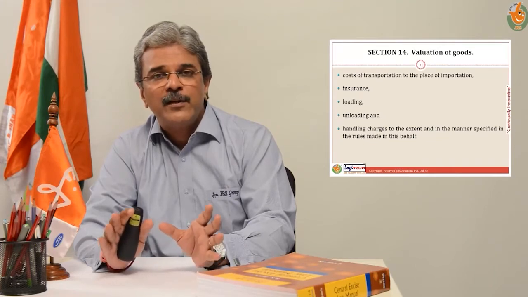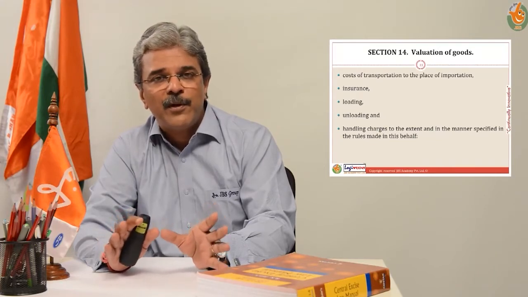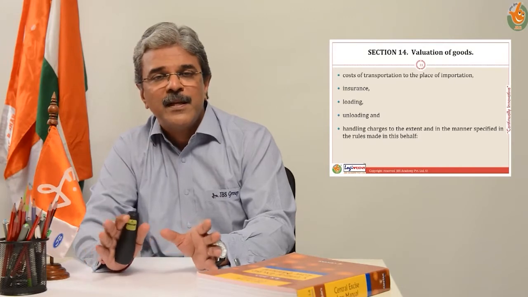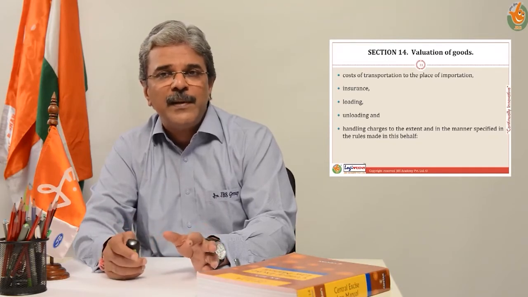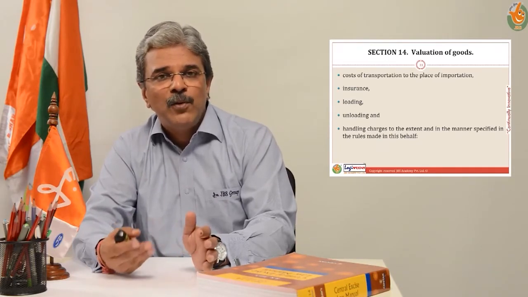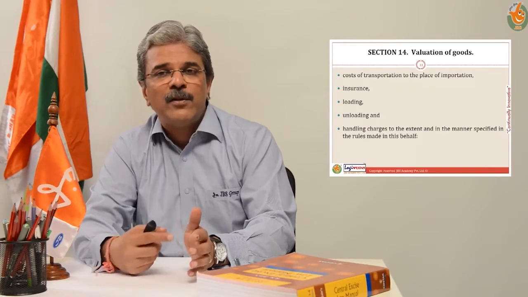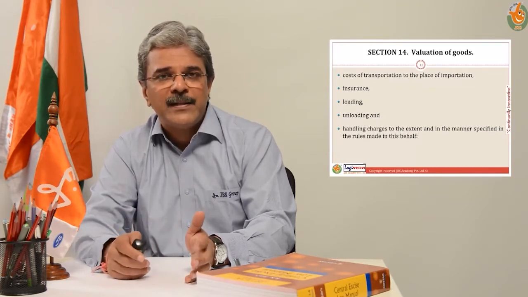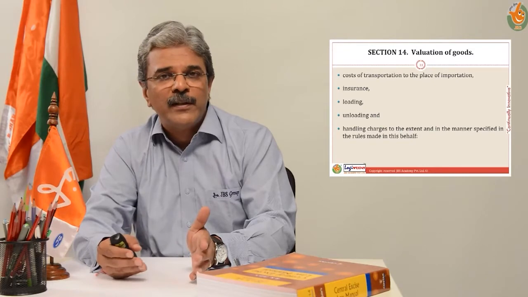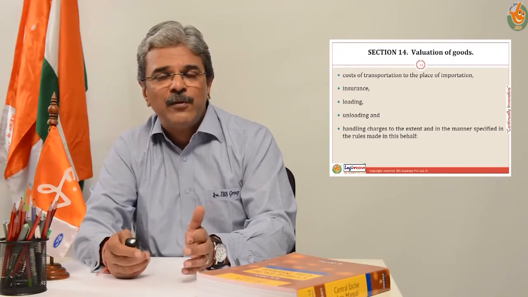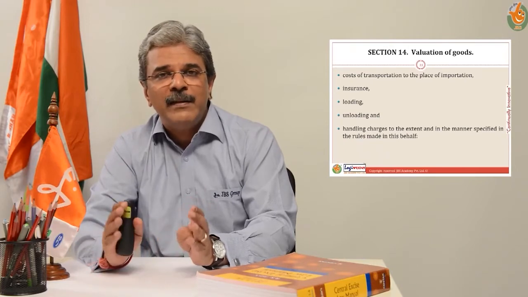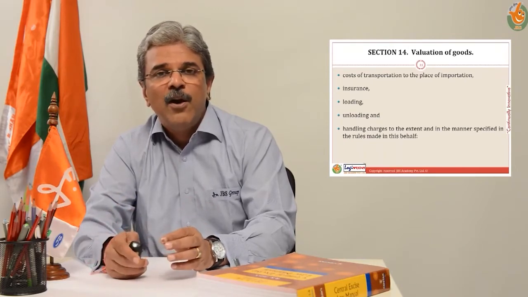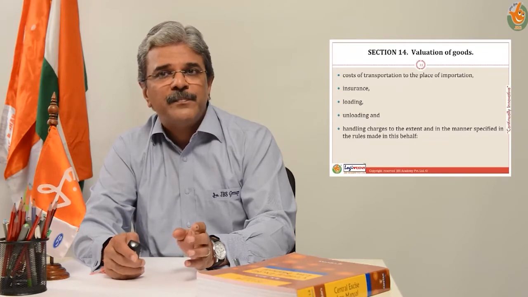Here we come again to the assessable value for import purposes and export purposes. Assessable value on the import cycle would be CIF plus 1%. On the export cycle it shall be FOB. The rules have been specified and they talk about the relationship between the buyer and the seller. They talk about a lot of other issues, and once we cover the rules for valuation, those clauses would automatically fall under section 14 on valuation of goods.